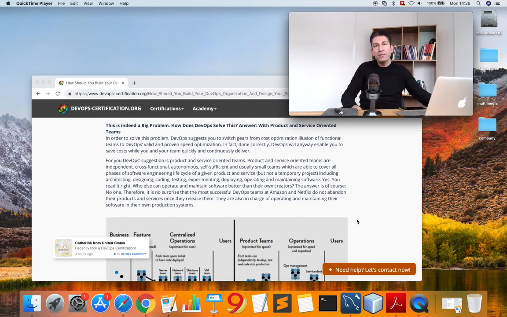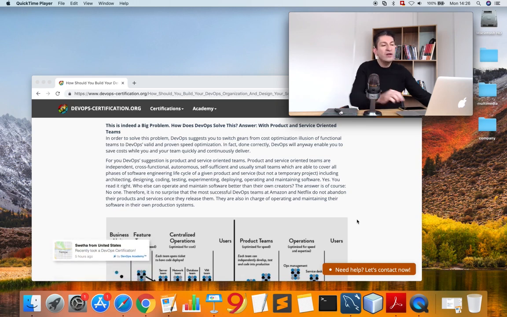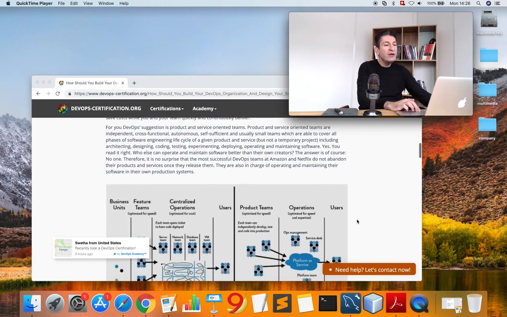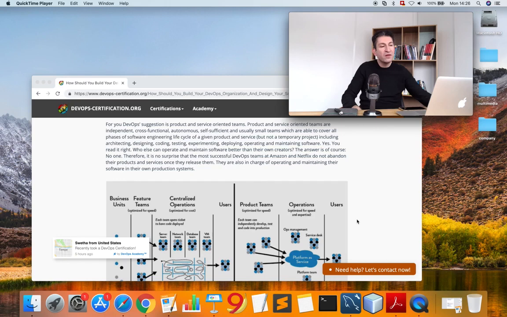In order to solve this problem, DevOps suggests you switch gears from the cost optimization illusion of functional teams and matrix organizations to DevOps' valid and proven speed optimization. In fact, done correctly, DevOps will anyway enable you to save costs while you and your team quickly and continuously deliver. For you, the DevOps suggestion is product and service oriented teams. Product and service oriented teams are independent, cross-functional, autonomous, self-sufficient and usually small teams which are able to cover all phases of the software engineering lifecycle of a given product and service, including architecting, designing, coding, testing, experimenting, deploying, operating and maintaining